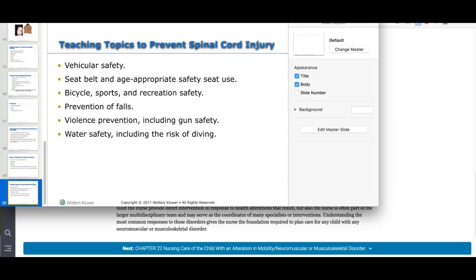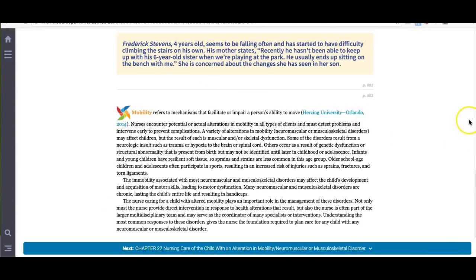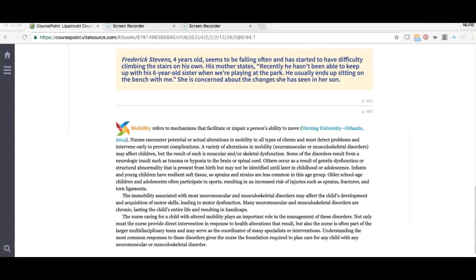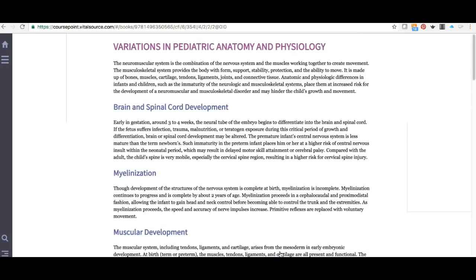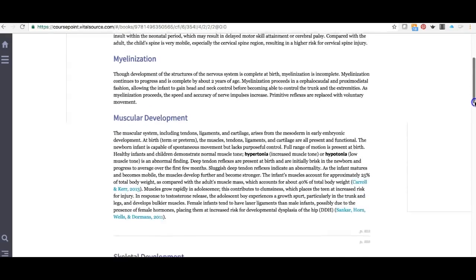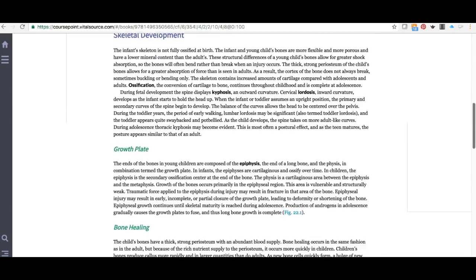All right, so now I want to go to the chapter, because there's some important stuff in the chapter that's really not in the PowerPoint. All right, we talked about variations. We talked about,